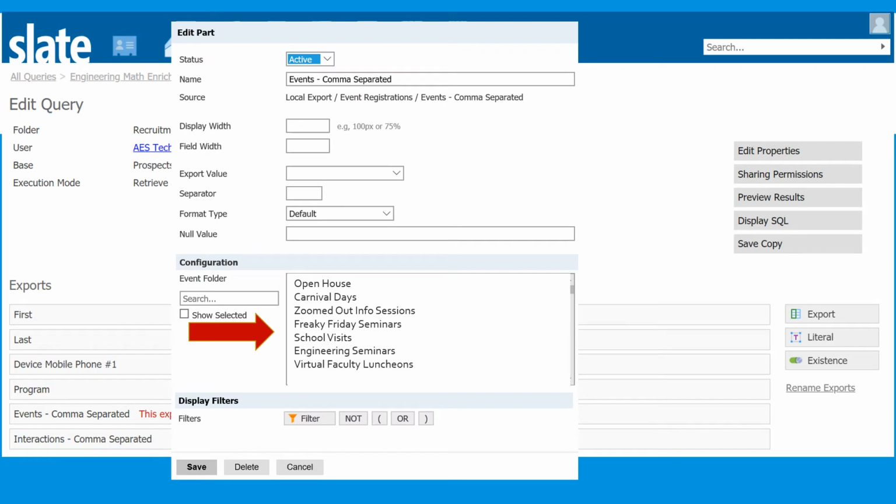And what I need to do here is choose from which folder or folders I want to retrieve. So for example, maybe I just want to see students who've registered or attended engineering seminars, or maybe I just choose all the folders. I want to see all events they've attended. I can filter this too. So maybe I want to say registrations that are not more than 30 days old. Keep the info fresh and current. We'll talk about filters next, but for now, I'm just going to choose my event folders, click Save,